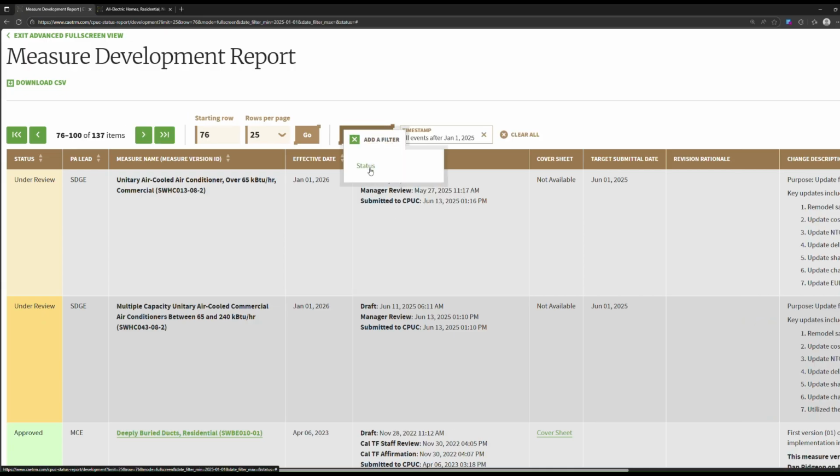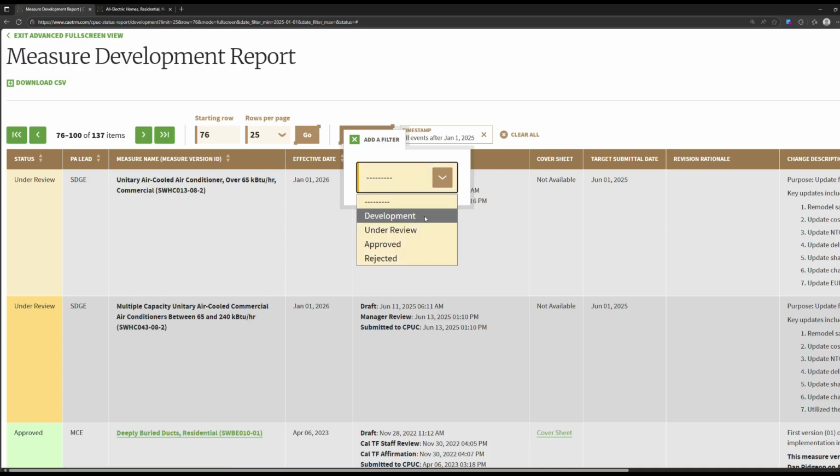You could also add the other filter, which is status, and then if you just want to see either under development, under review, approved, or just rejected